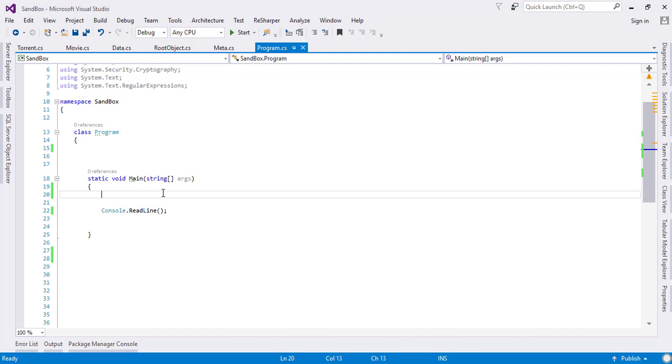Before starting to implement the DES encryption, you will be needing the DESCryptoServiceProvider class. Afterwards, you will be needing the CryptoStream class, and then you will be needing the ICryptoTransform interface. These three are the major classes which we will be targeting. So I will just start here by